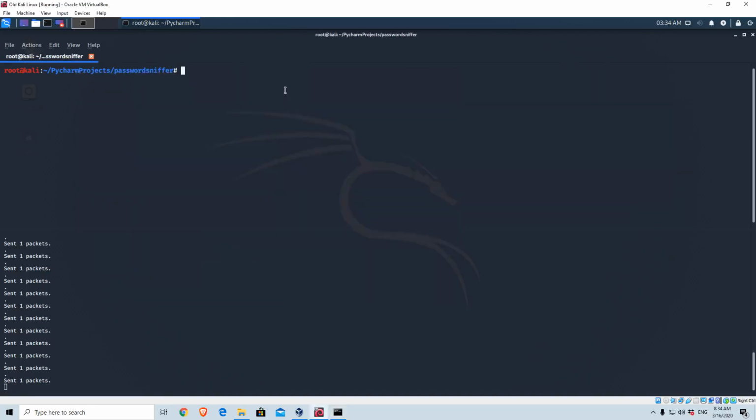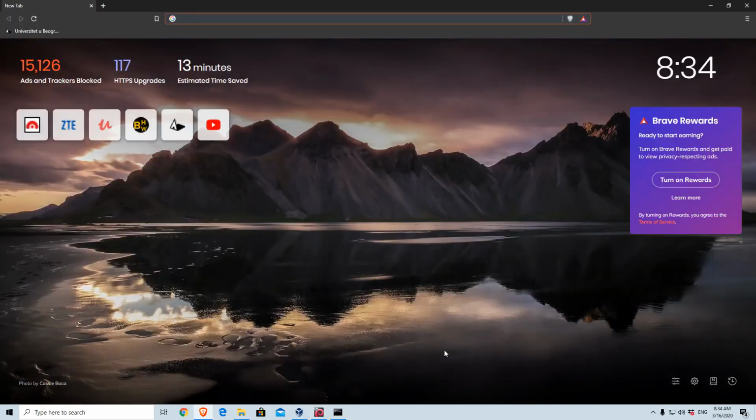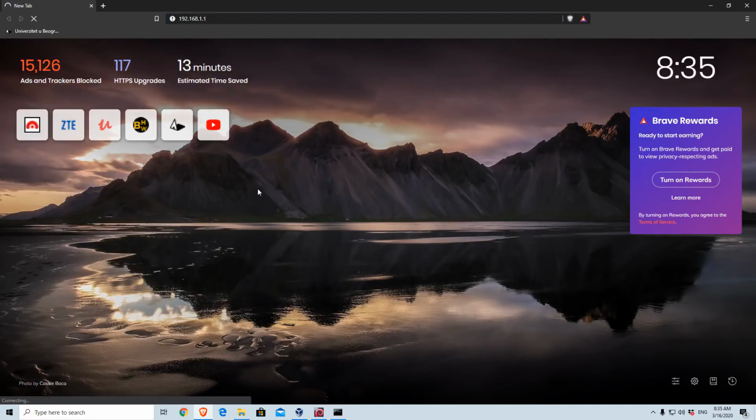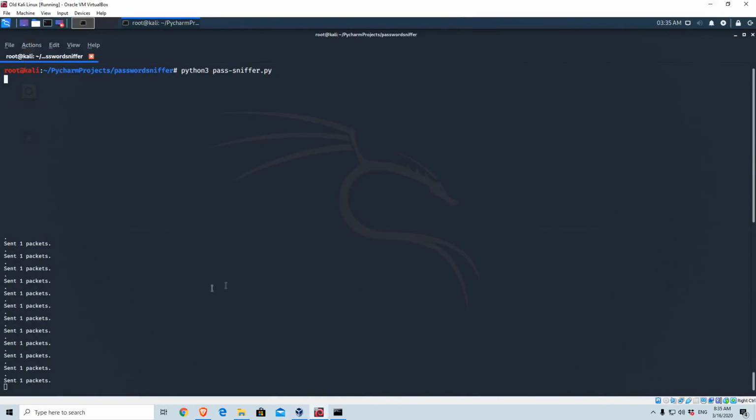Now, if I go to my password sniffer and I simply run it, so python3 password_sniffer, as we can see, it seems to work correctly. All we are left to do right now is go on Windows 10 to Google Chrome or any search engine that you're using. Wait for it to open up, and once it opens up, let's first of all go to my router right here. Whoops, it will not connect,